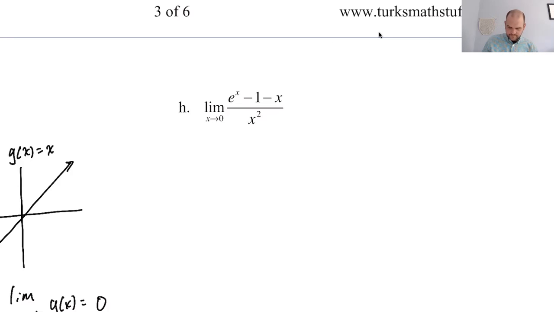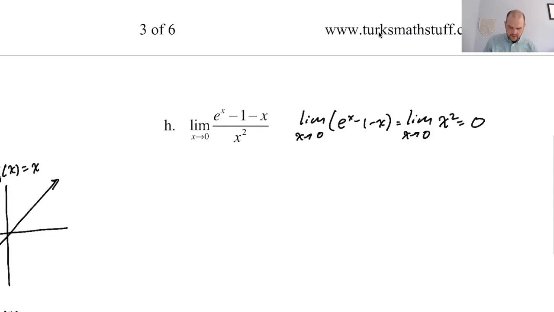All right, let's see. We're going to say the limit as x approaches 0. I kind of don't want to name it because I know what's going to happen on this, and it's going to be a little extra work. So I'm just going to go for it. The limit of the top here is definitely 0? So I get e to the 0 is 1, minus 1 is 0, minus 0. So 0 over, the limit as x approaches 0 of x squared is also 0. So therefore, can I squeeze it in here? Nope. Therefore, by L'Hopital's rule,